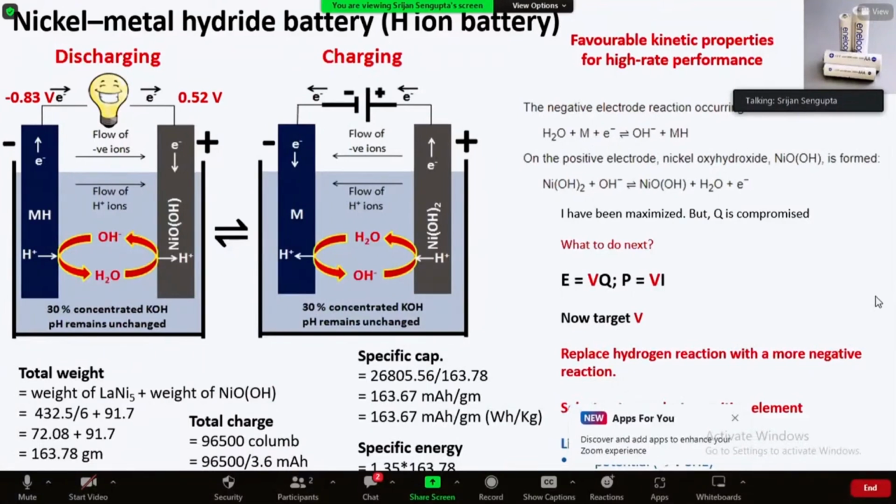So that is why the first nickel metal hydride battery was built. You replaced your zinc with metal hydride, and you replaced your manganese dioxide with nickel oxyhydroxide, which is the nickel electrode. So during discharge, this metal hydride is supplying hydrogen or proton, which goes through the bath and enters the body of nickel oxyhydroxide, which is getting converted to nickel hydroxide. So you are only having a diffusion of